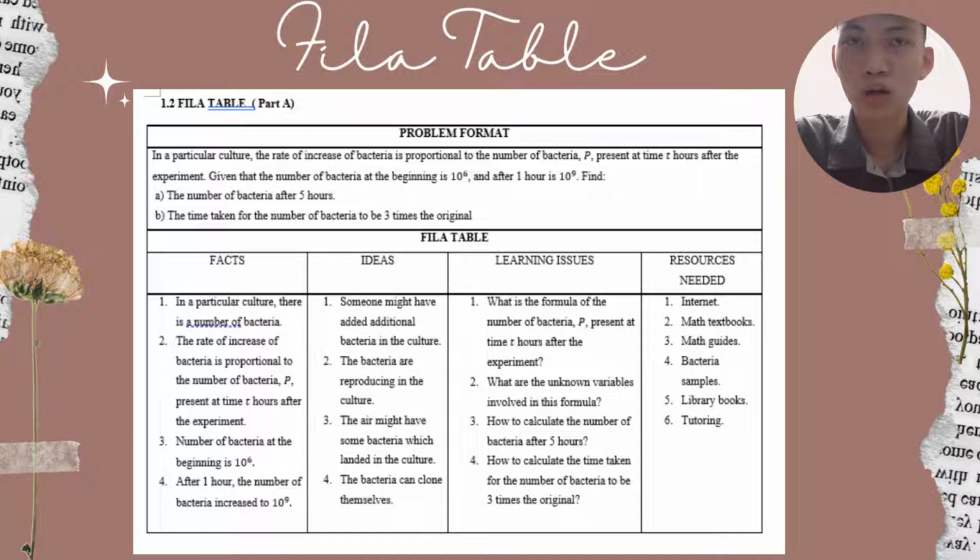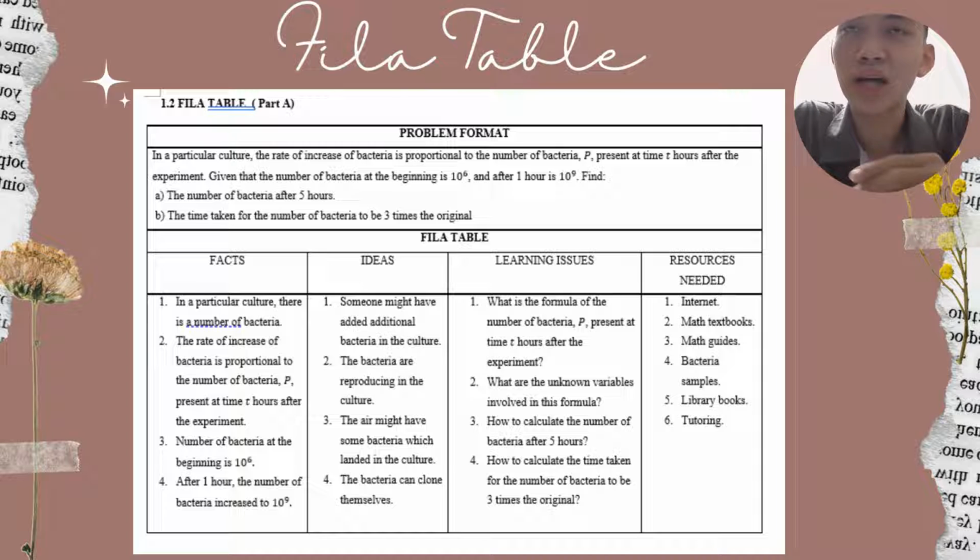Alright, so I'm going to talk about part 7a. So the problem is given like this. In a particular culture, the rate of increase of bacteria is proportional to the number of bacteria P present at time t hours after the experiment. Given that the number of bacteria at the beginning is 10^6 and after 1 hour is 10^9. Find